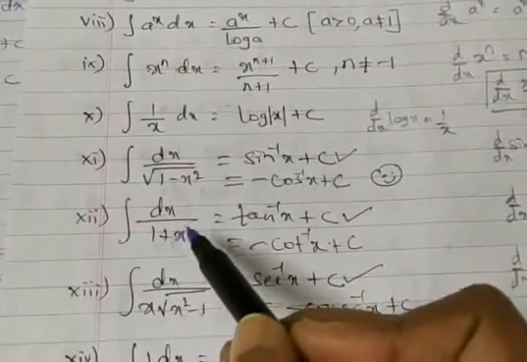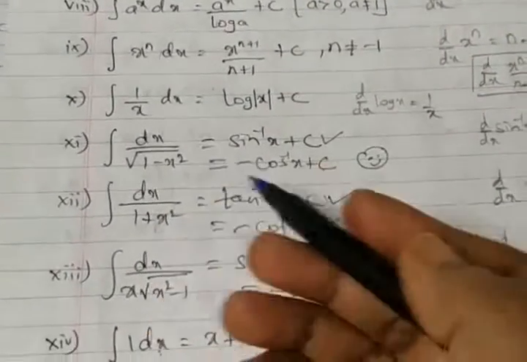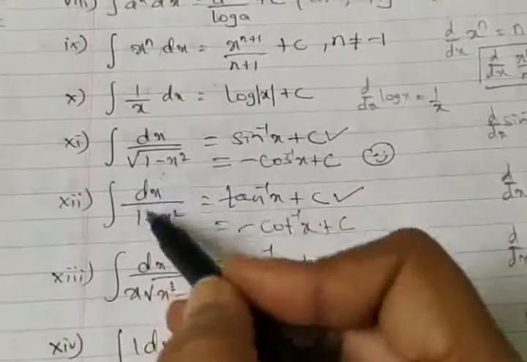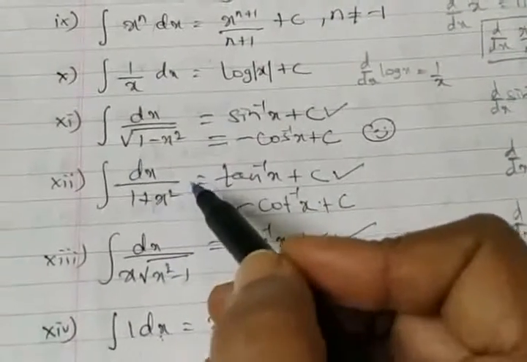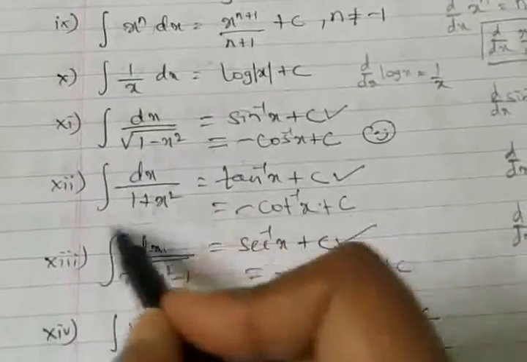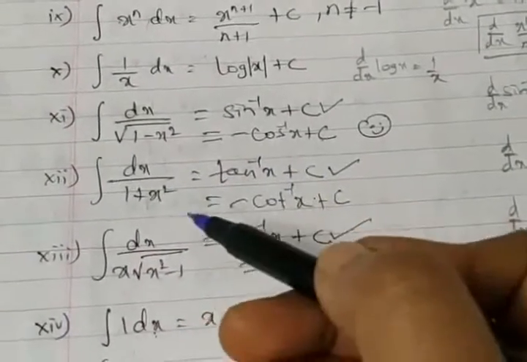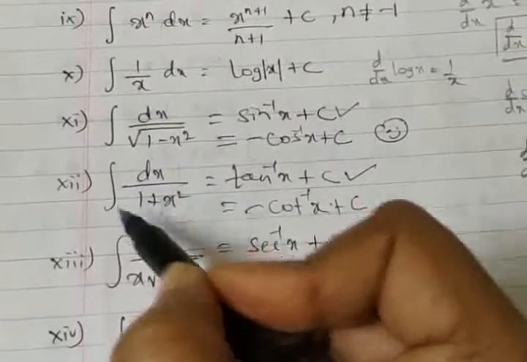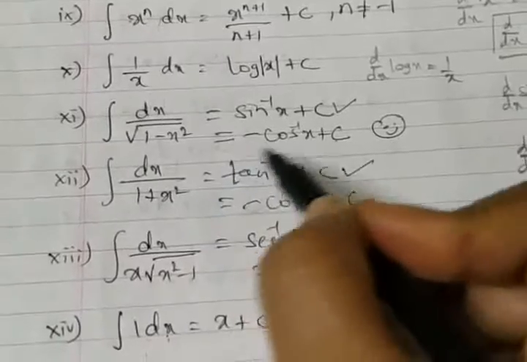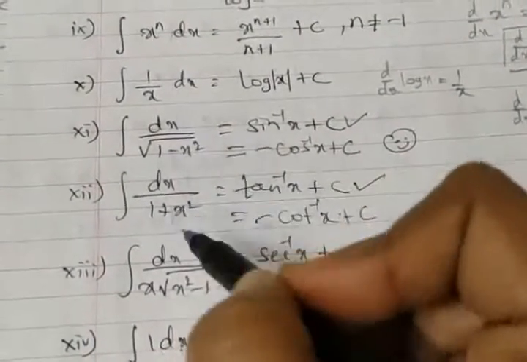1 plus x square appearing for integration, but they will be thinking what I should put, whether to do substitution or something else. Clear picture, we have integration of 1 upon 1 plus x square, but many of them will be stuck at this stage. They can't identify that this whole thing is ready for a standard result to be taken as tan inverse x plus c, ready for integration. But you can't identify this term. When you can't identify this term, I cannot expect the answer part from you all, no? So please have a glance on this. Okay?